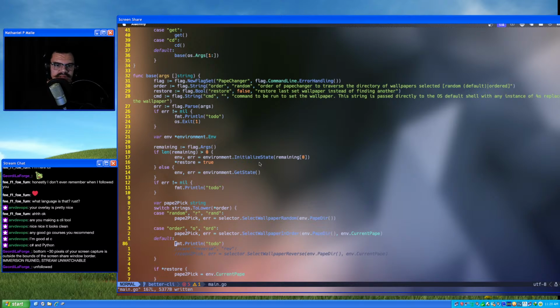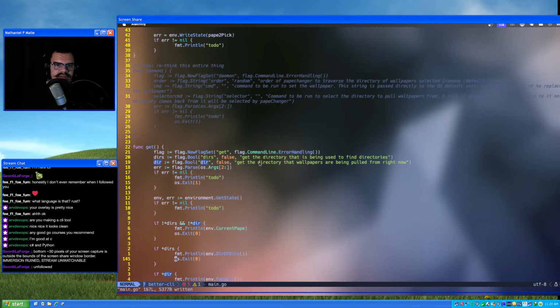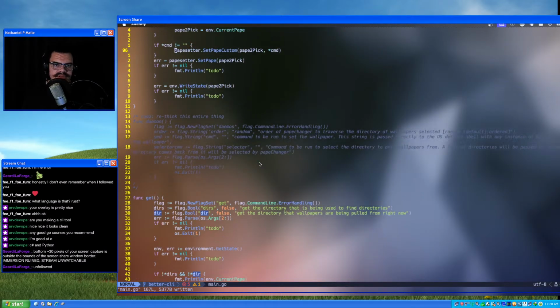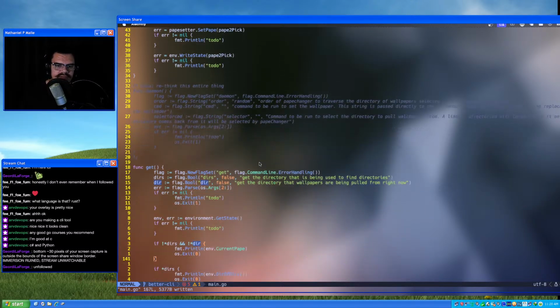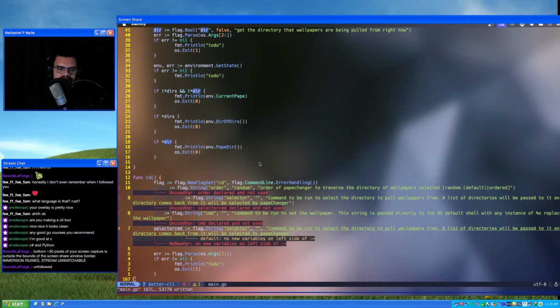So now we have all the functionality in our base command, except for this other thing. We're gonna redo the daemon, probably gonna do that off stream. The git command works fine. So the cd command, this is the toughest one because it includes all of the work in the base command, plus a bunch of extra work. So let's just get right into it, boys.